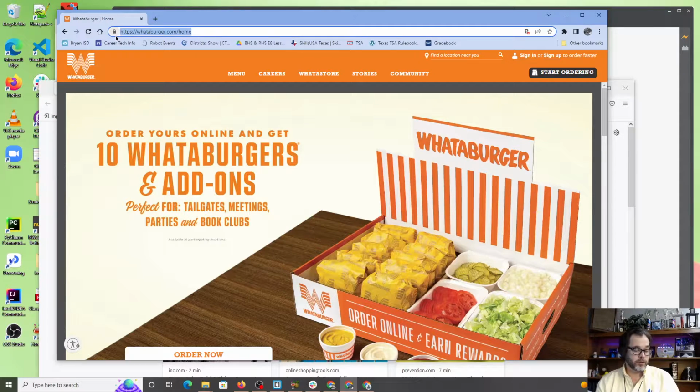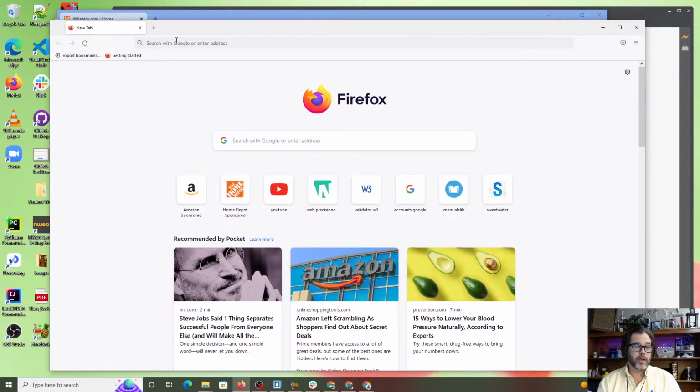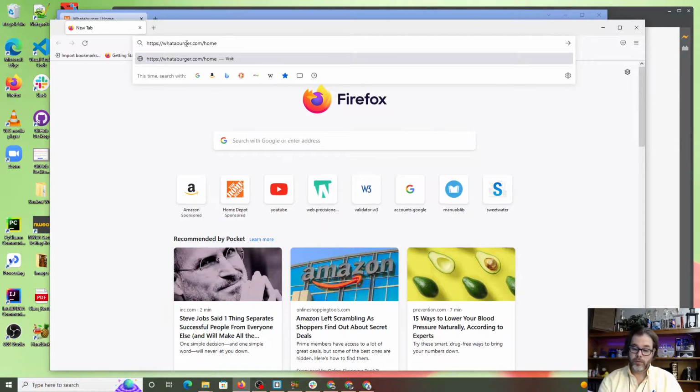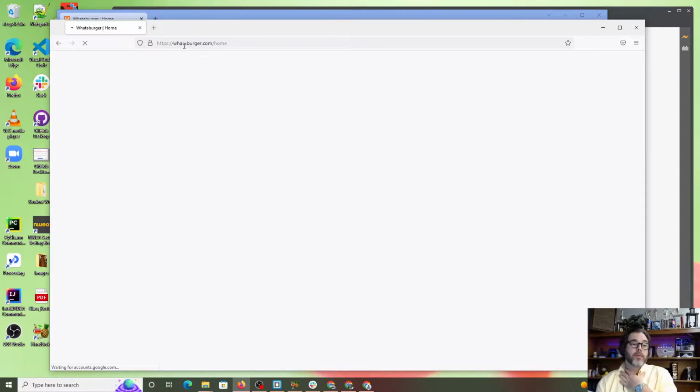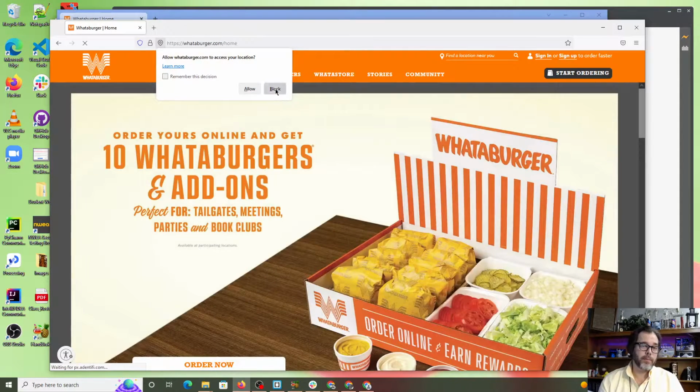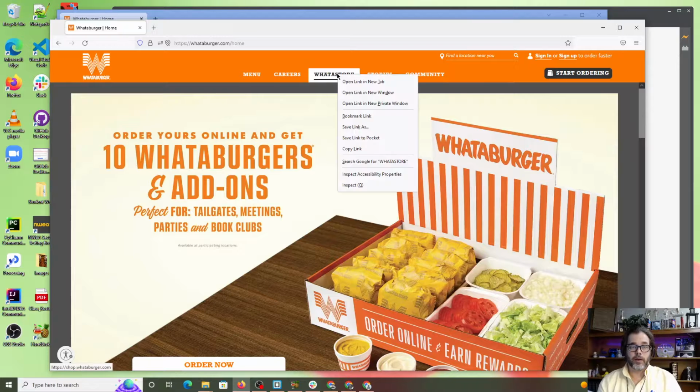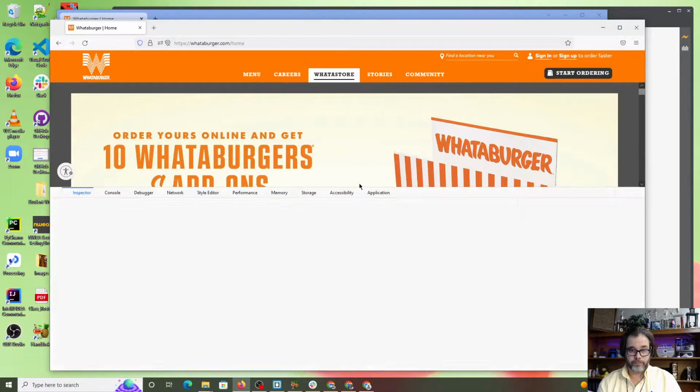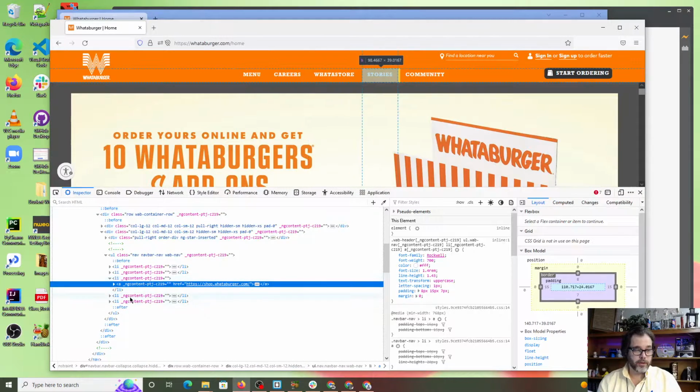So I'm going to go ahead and just copy the full URL up here and come over here and just paste it into Firefox. I'll show you why I'm going to do that here in a moment. Because once I get into Firefox, I can right click and I can go to inspect. And what you see here is now,